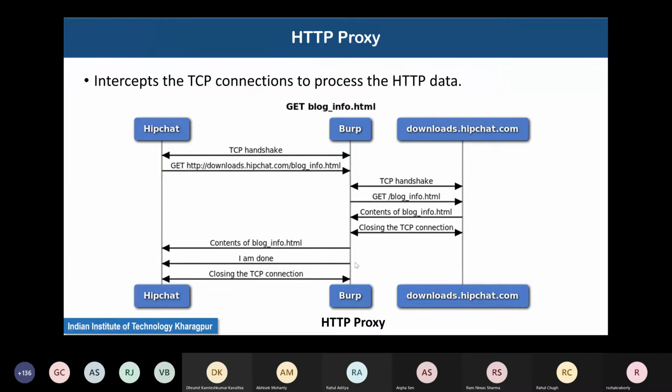When it sends back the contents, usually it would cache a local copy of the web page. Especially for static web pages, this is a big saving of bandwidth, because if later some other client requests this web page within the time to live field, and usually these time to live fields are large for static web pages which do not change that often, the proxy server does not need to initiate a further connection to the actual server. It can see the GET request and immediately satisfy the client by sending back the web page from its cache.